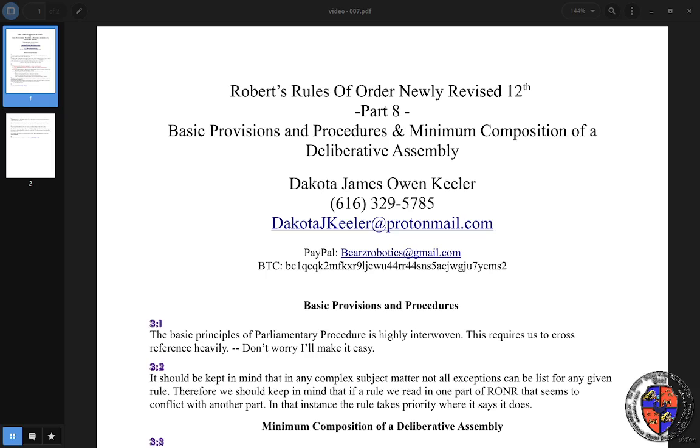Welcome back to our Robert's Rules of Order, newly revised 12th edition. My name is DakotaJKeeler, and today we're going to be talking about our basic provisions and the minimum composition of